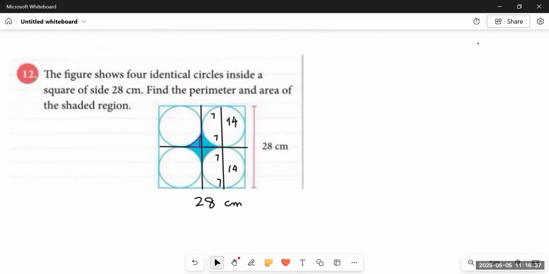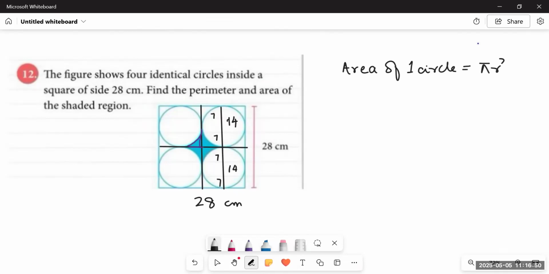Okay, let's try to make this question easier. Let us first find out the area of 4 circles. For this, let us find out the area of one circle, that is pi r square, because we have already figured the radius of each of the circles, that is 7. So it would be 22 upon 7 multiplied by 7 square. So 7 to 7 and 22 multiplied by 7 is equal to 154. So the area of each of the circle would be 154 centimeter square.